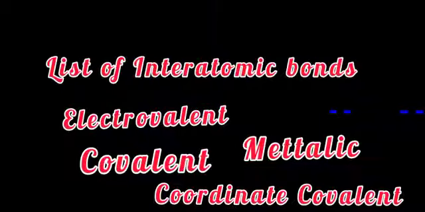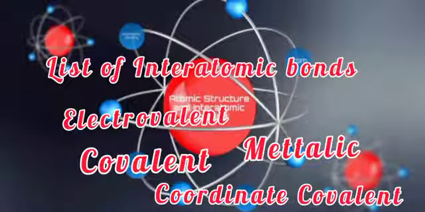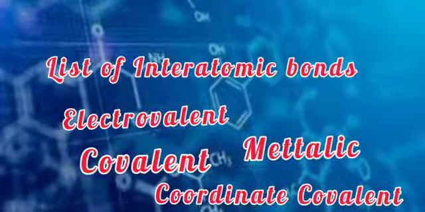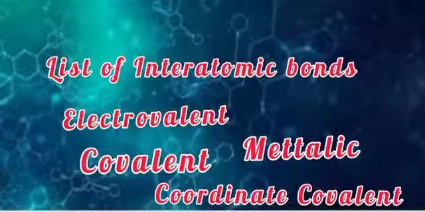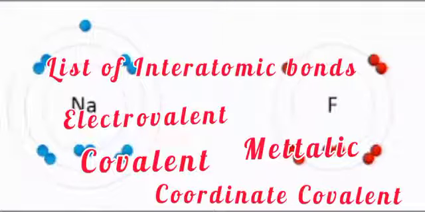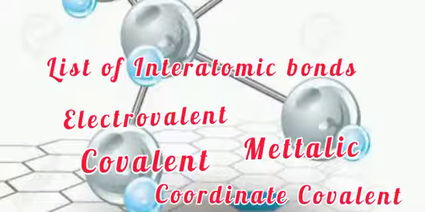E.g., the bond between two oxygen atoms in an oxygen molecule is a covalent bond. The bond in CO2 is a covalent bond because carbon is a non-metal and oxygen is a non-metal. But the bond between sodium and chlorine, sodium chloride, NaCl, is an electrovalent bond, because sodium is a metal and chlorine is a non-metal. So in an electrovalent bond, there is transfer of electrons from metals to non-metals, and there's always a bond between elements of large electronegativity difference. But a covalent bond is a bond between two non-metals in which there is sharing of electrons.